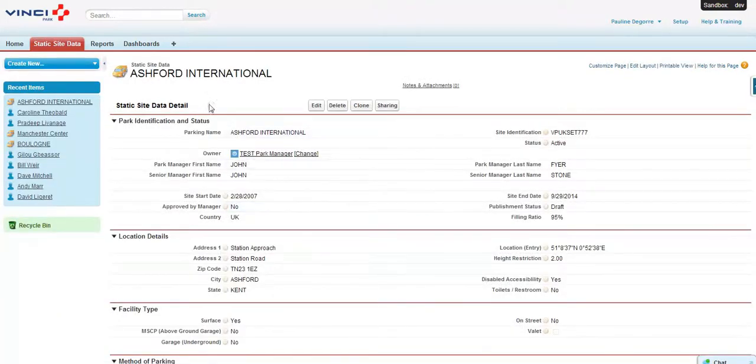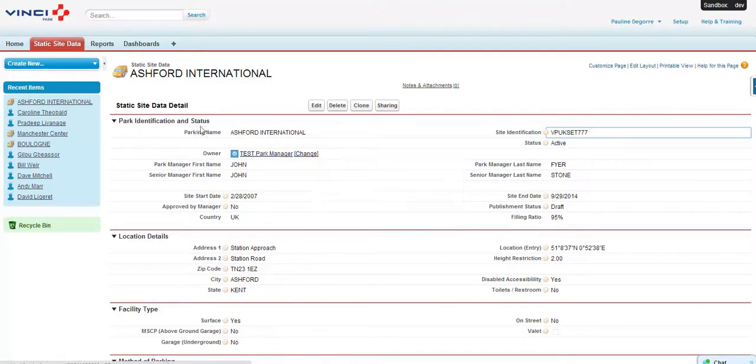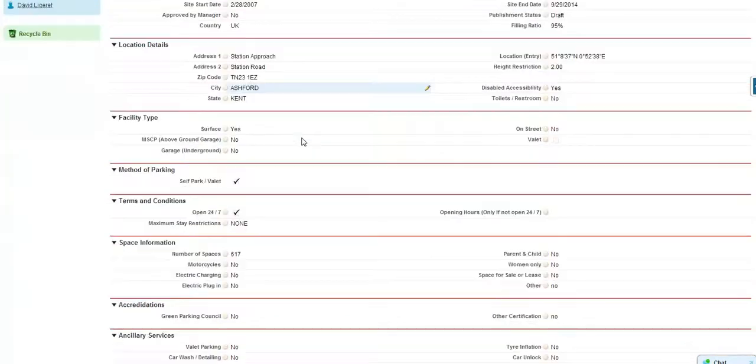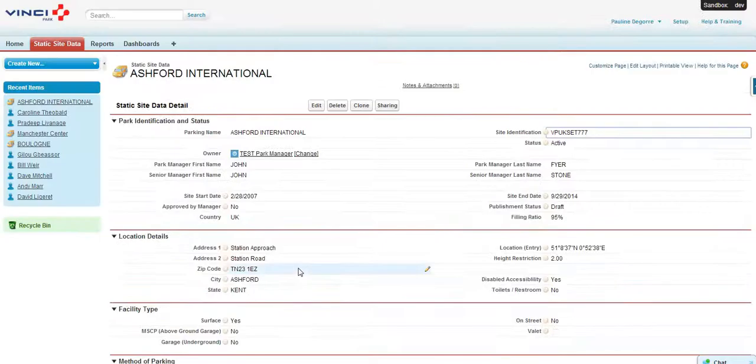Okay, so now I have recovered my first record. With this site identification, the owner is the test park manager, if you remember, corresponding to the Salesforce ID of this user. And I have recovered the different needed fields. So the insert is okay. That's fine. Now we need to know, because when you make any update on your data,